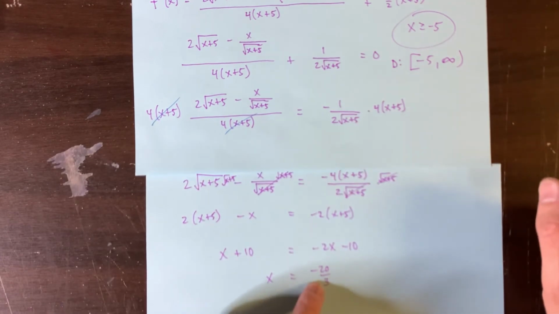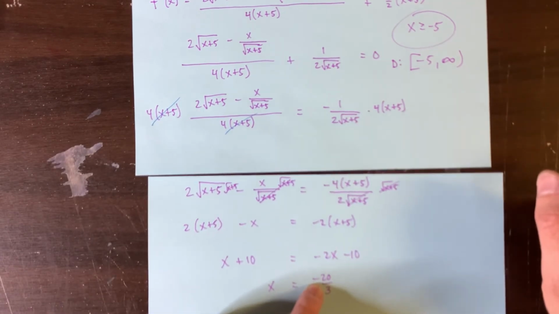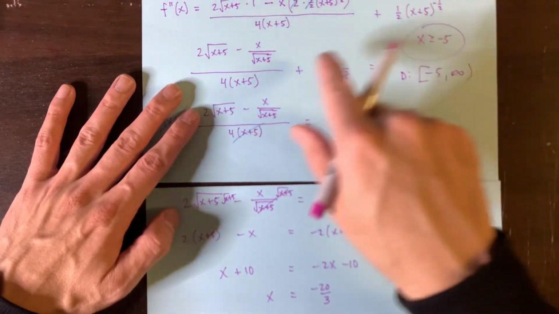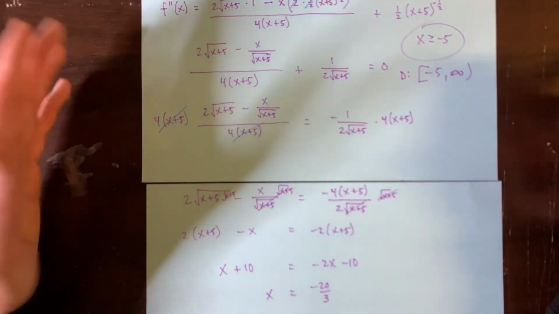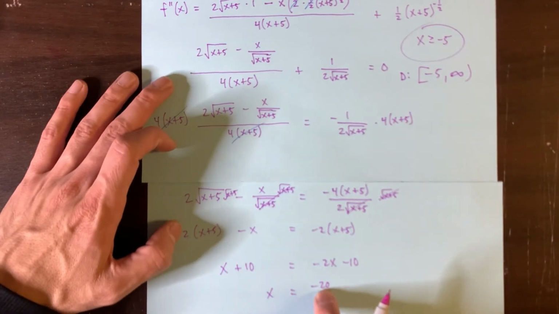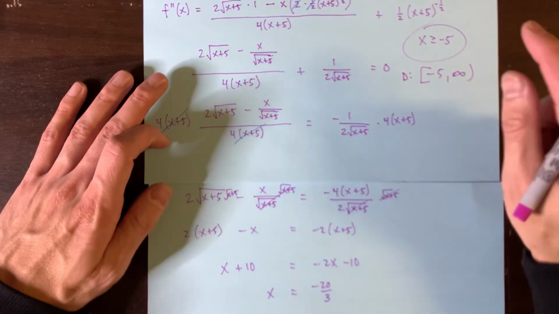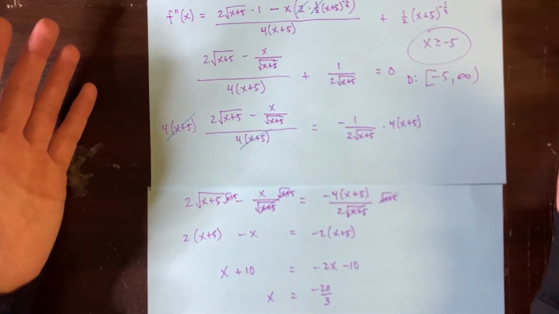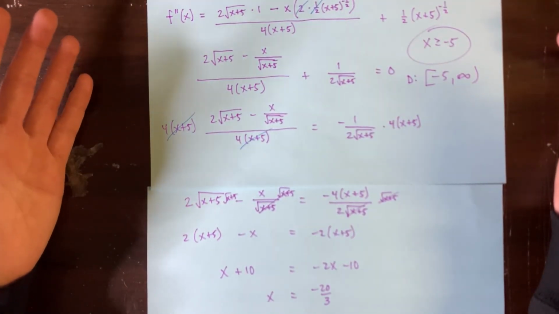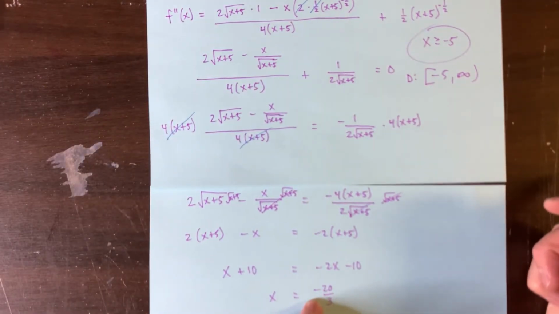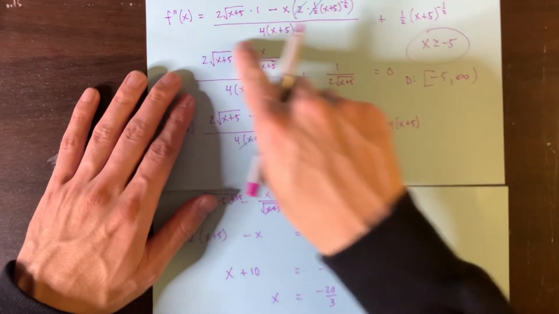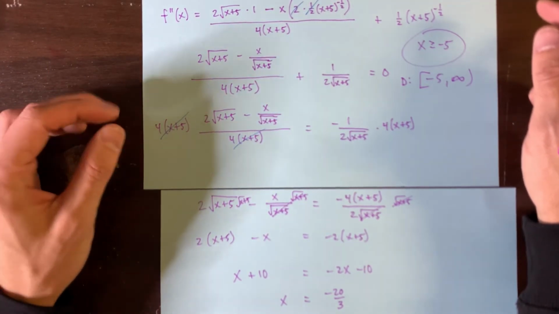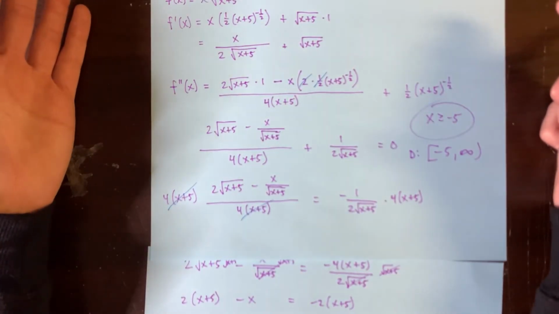So this is called an extraneous solution. And a lot of times extraneous solutions pop up whenever you start multiplying by variables, which a lot of times introduces bad things. Case in point, this number. So what I'm saying is the second derivative is never 0, because if it were ever 0, we would have found it, but there was no number. So the second derivative is never 0. So I'm inclined to believe that we have no points of inflection